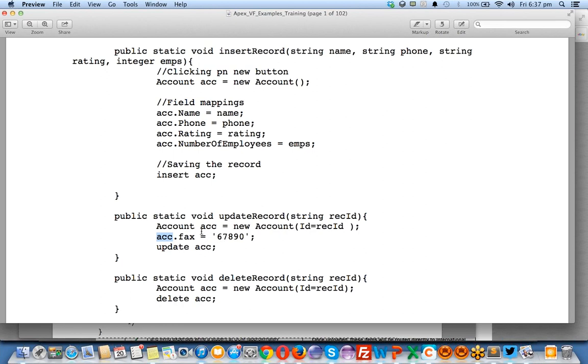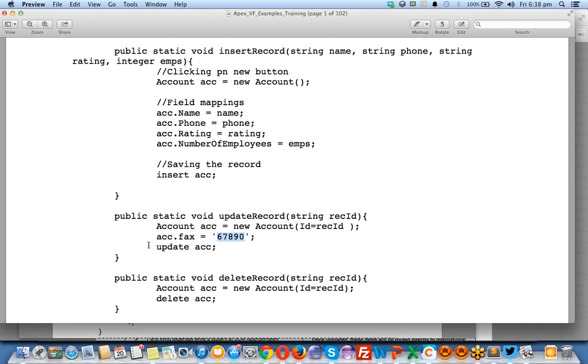That's a static value, whereas the dynamic values are the ones I accept as parameters and link with the account object. Here I directly inserted a text value which is constant for the whole application. If the code is used by many people trying to update the record, the fax will be a constant value. I'm not accepting any parameters for the fax.